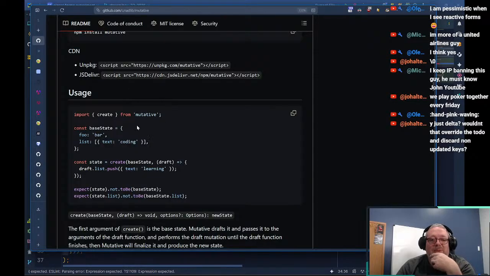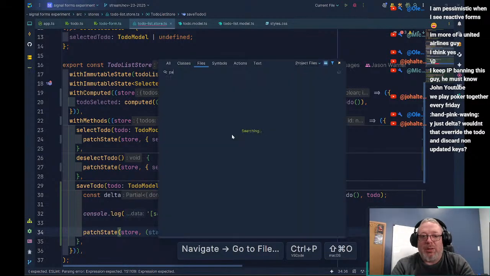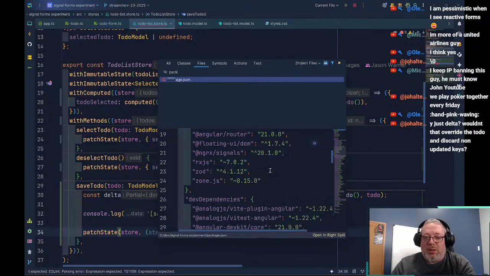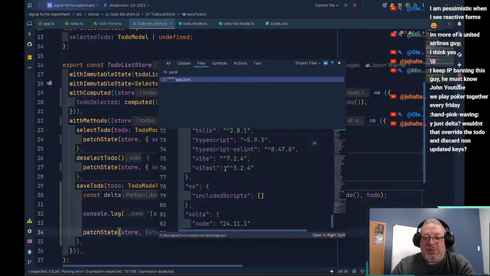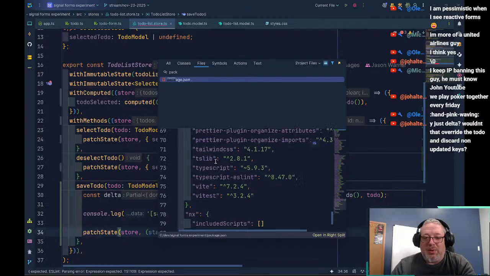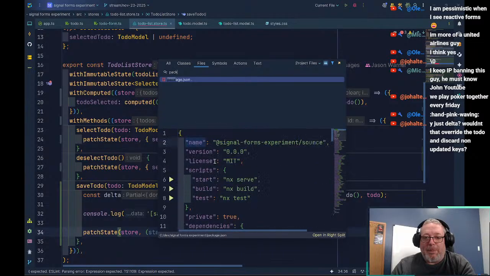Do I not have mutative installed? That could be the problem. Let's look at package.json. And inside of here, I don't see mutative. Okay, that's an easy fix.